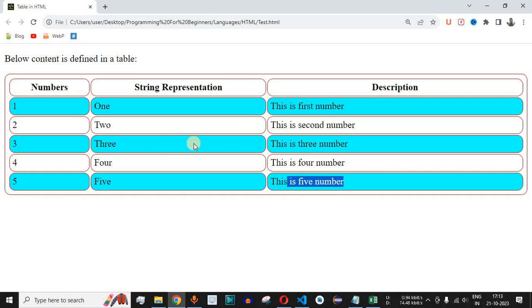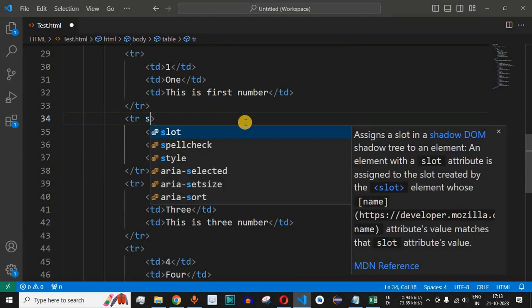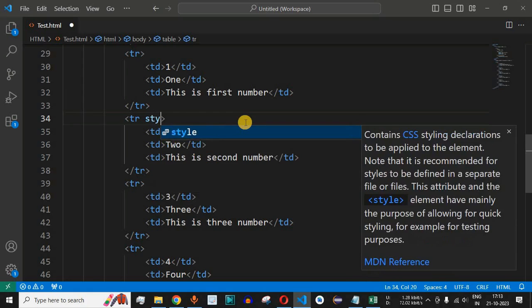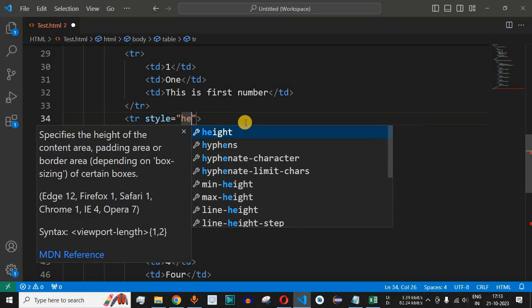Now guys, let us see how we can change the height of a particular row. So let's say we want this row, that is the row having the number 2 over here, to extend its height. So what we can do is we can come over here to this row that is having the number 2 in this case. We provide the style attribute. So we say style, and then inside this we can provide the height property.